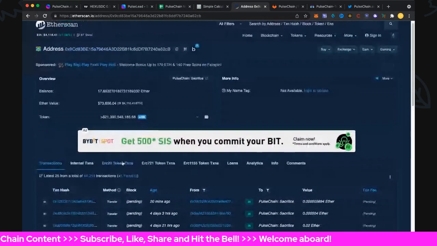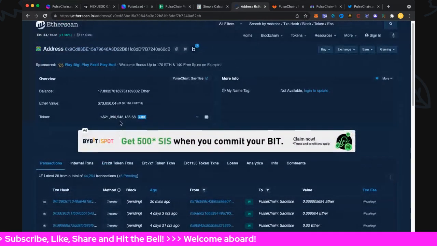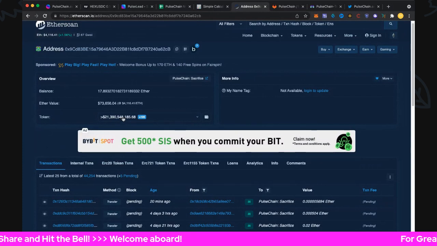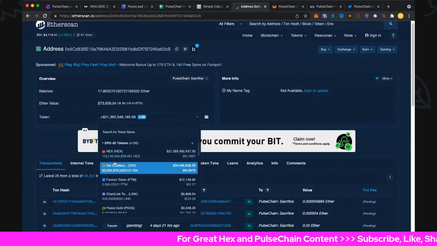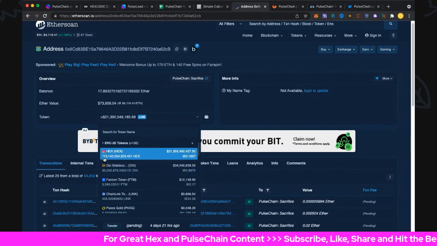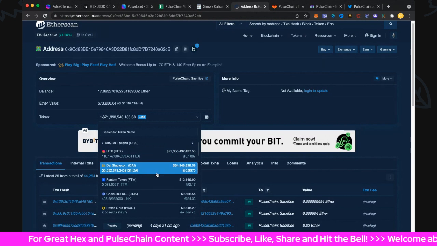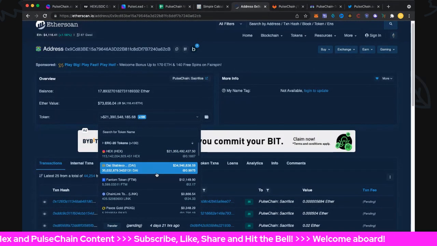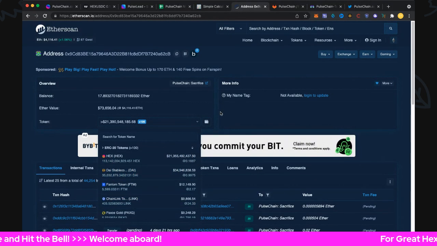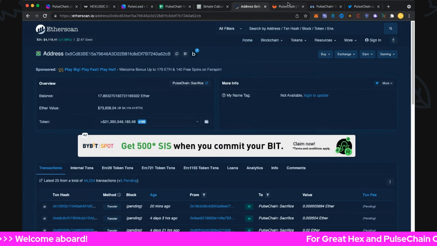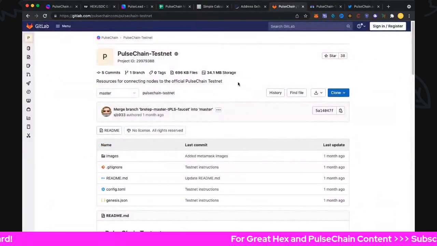I was just looking at the ERC20 sacrifices. So let's have a look at what we've got in there. We've got $21 billion worth of hex at the current price of 18.87 cents, 113 billion hex in there. And of course, we've got DAI stable, 35 million DAI stable in there at the moment. So pretty cool. Looks like quite a bit of the other US dollar stuff, as I said last time, has gone out of there. Let's jump over to PulseChain and see where PulseChain's at.